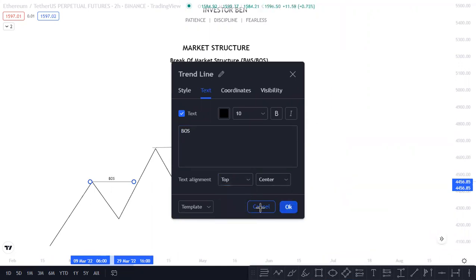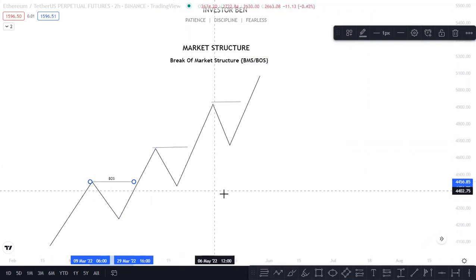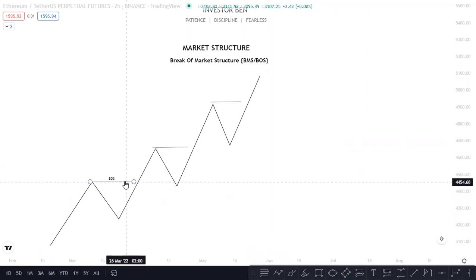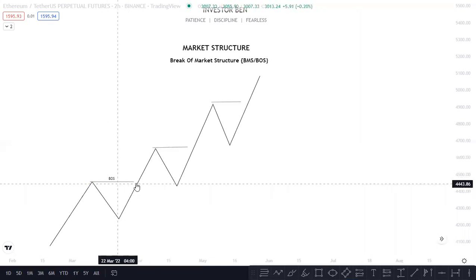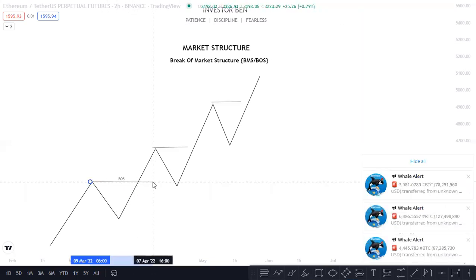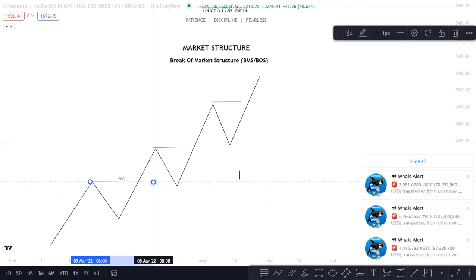And if you look at similar things on this chart, after price broke out of this high, after price took out, let me mark it this way, after price took out this,